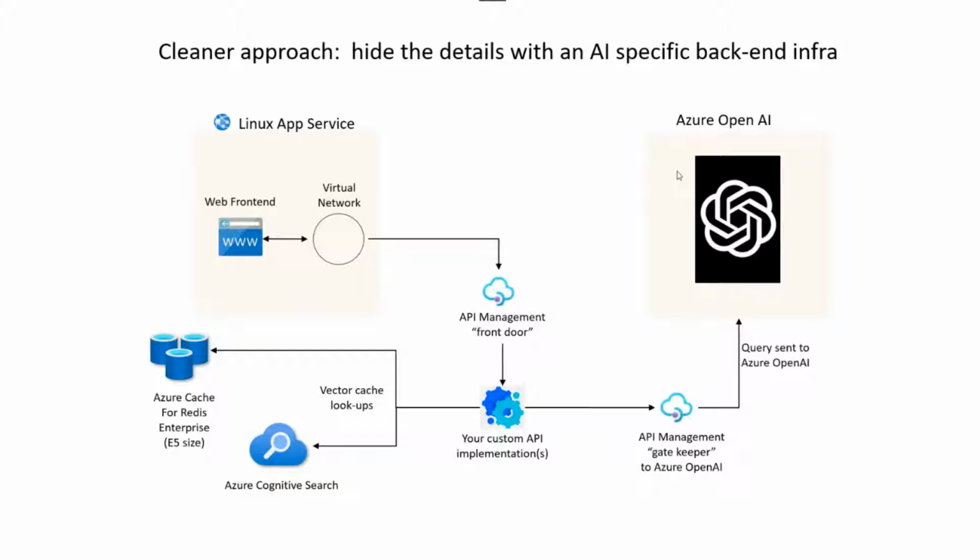It's not the single definitive approach, but it should be familiar to a number of folks, which is in essence, your web app interacts with AI resources as an API. We have a great product with Azure API management that you can use as a front door to those AIs so that your web developers are a level removed from all the implementation details. And then that way, underneath the hood, when you're doing things like switching between different ChatGPT models or different caching implementations, you have the freedom to do that without churning and needing to make code changes upstream in your